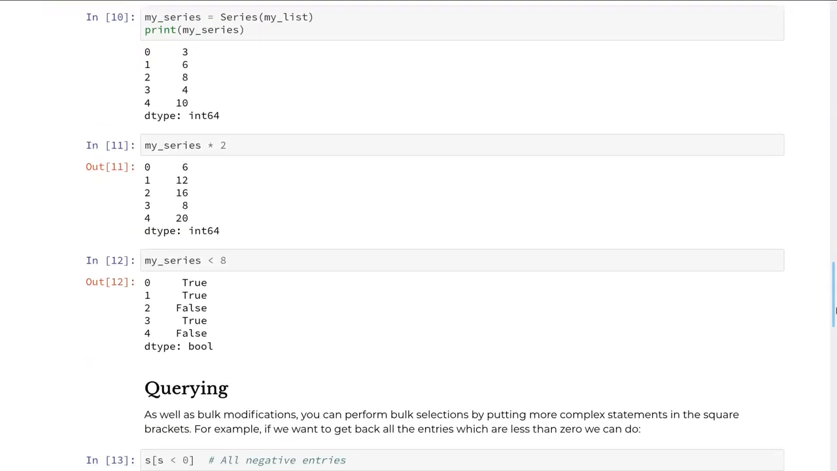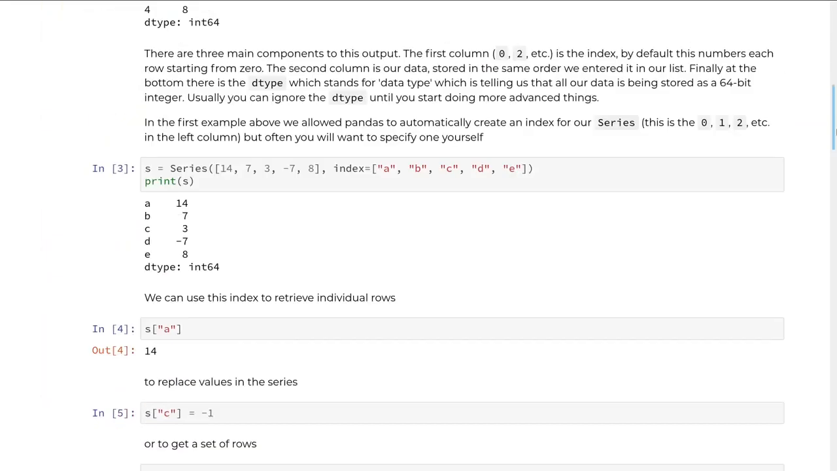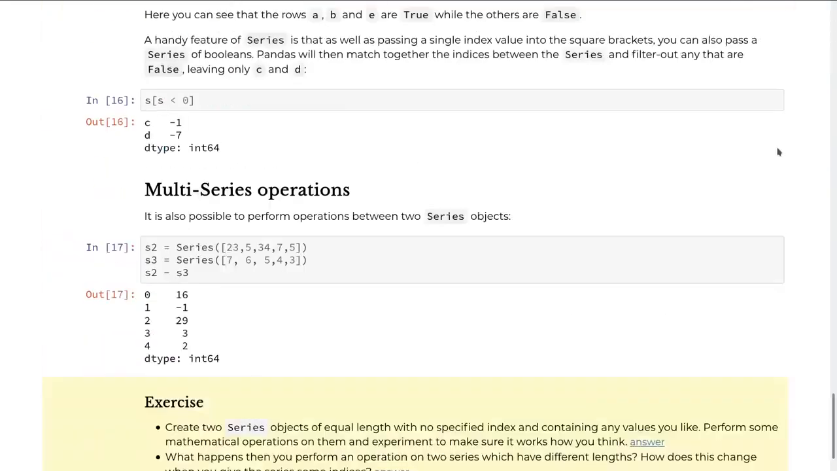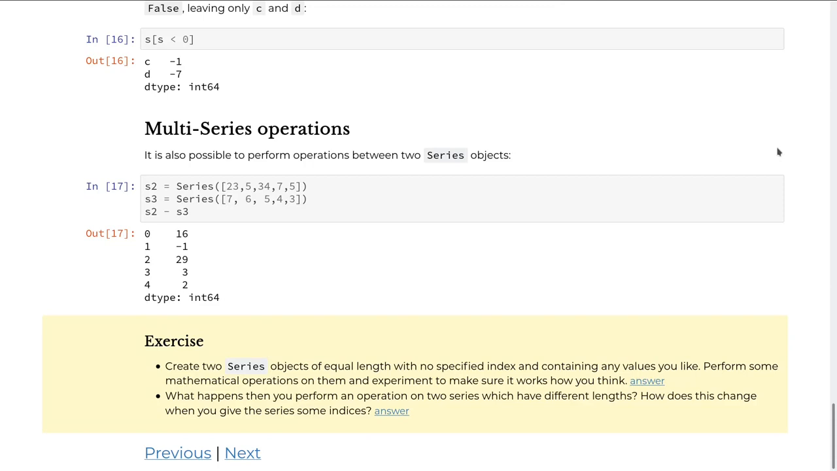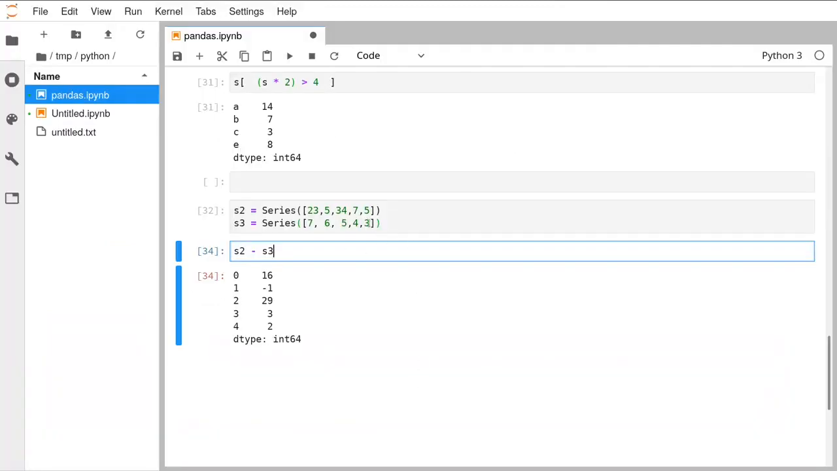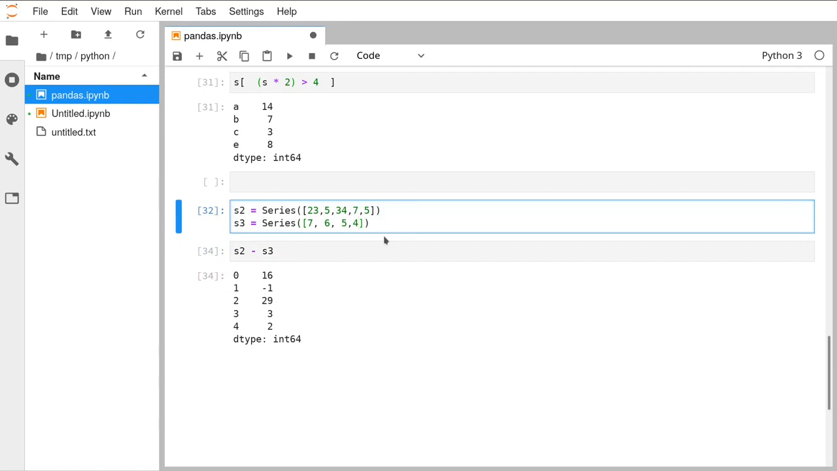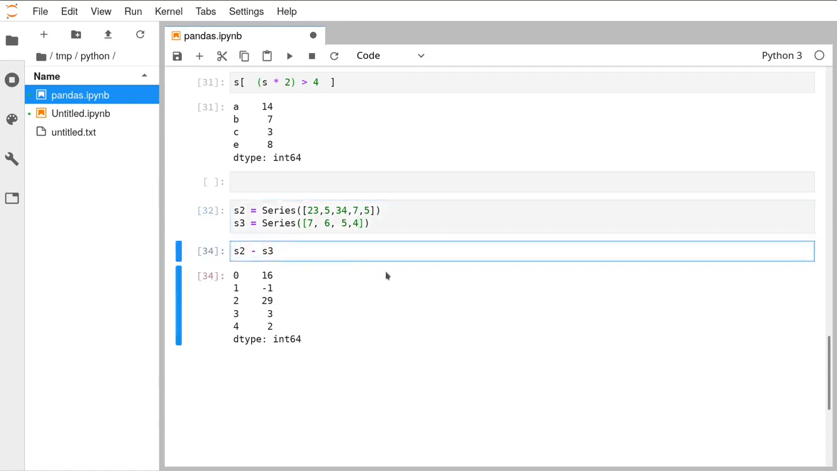So moving right down to the bottom of this, what was the title of this page? Introduction to Pandas. Moving right down to the bottom of that page, there is a final exercise here, which I will just go through with you. So create two series of equal length with no specified index and containing any values you like. Perform some mathematical operations on them. That's what we've just done there. Now what happens if they've got different lengths? Let's have a look. So let's make S3 shorter. S2 we've got 5 elements in, S3's now only got 4. If you subtract one from the other,